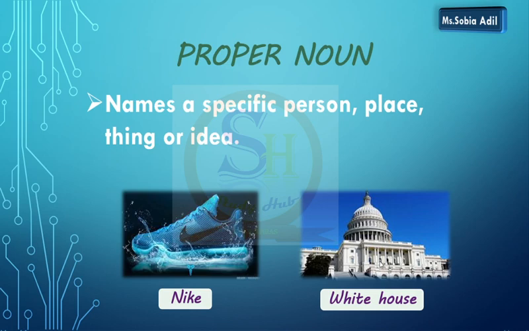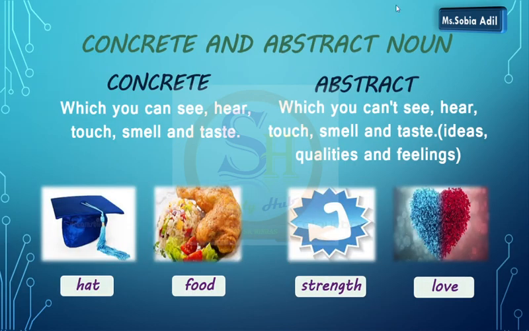नाउ दिस वन इज़ नॉट जनरल, कोई आम सा घर नहीं है. दिस इज़ एक्चुअली अ वाइट हाउस. सो वाइट हाउस ये नाउन प्रॉपर नाउन है, क्यों है? क्योंकि ये स्पेसिफिक जगह के लिए इस्तेमाल हो रहा है। कॉन्क्रीट एंड एब्स्ट्रैक्ट नाउन। कॉन्क्रीट आप इसे मटीरियल नाउन भी